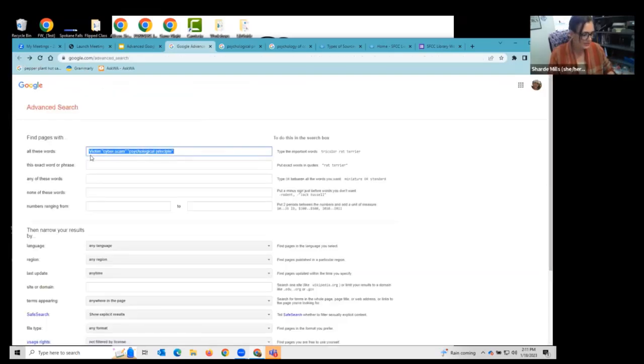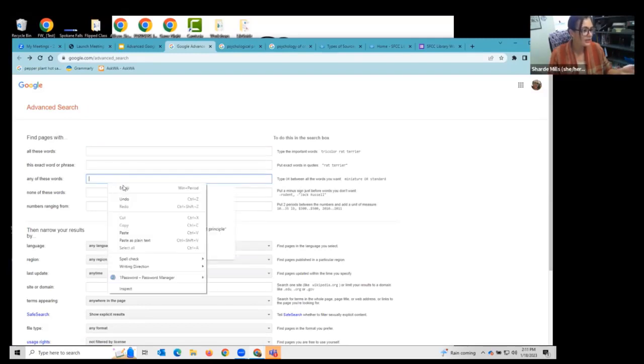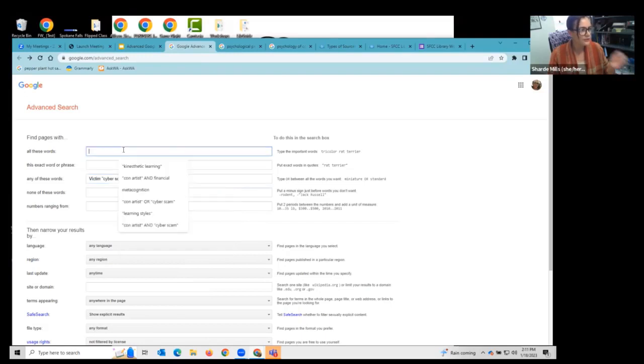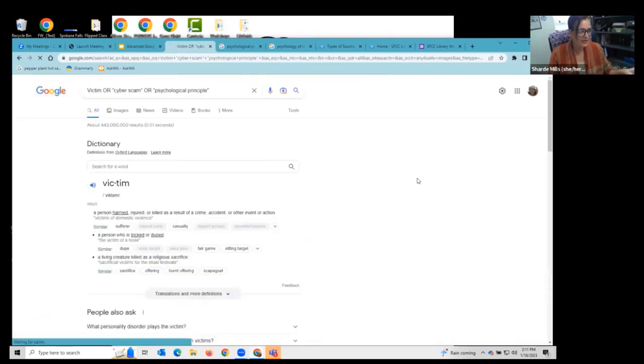Let's instead take these terms and put them in any of these. In this first example, I'm telling it, no, I only want results that have all three of these, no exceptions. But with the option of any of these words, I'm casting out a wider net. We can see here I went from 0 results to many, many results.